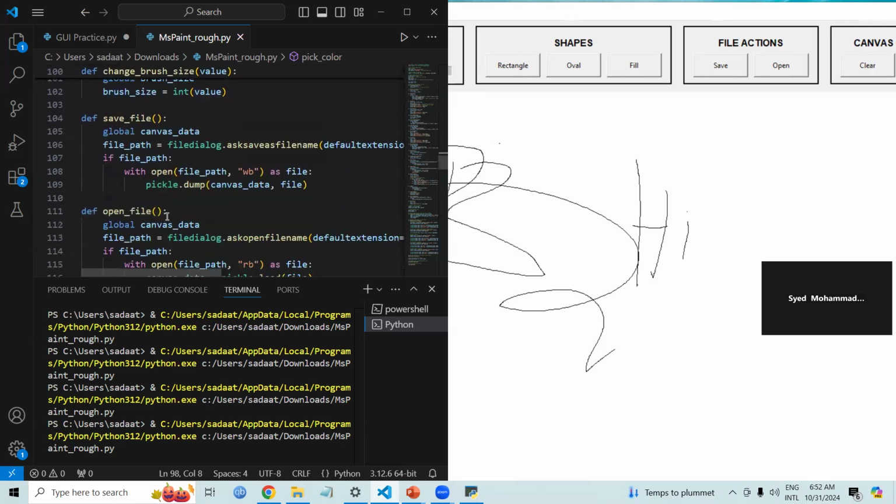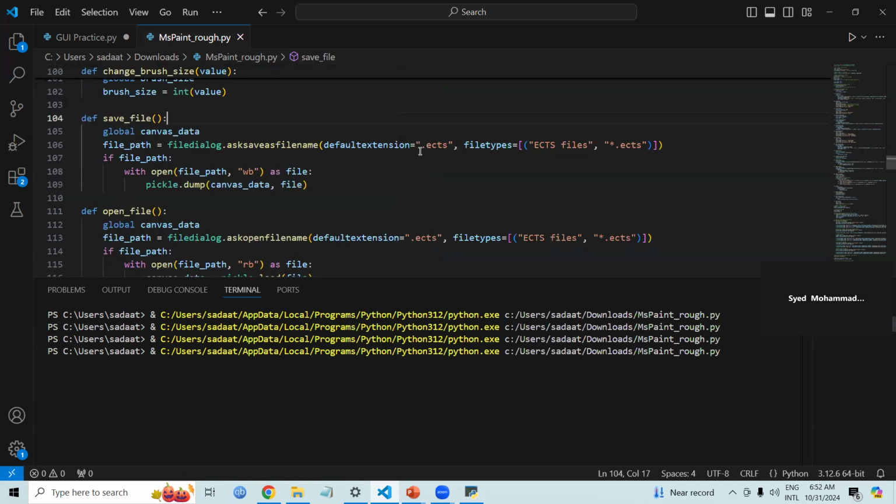And this is the save file and open file functions over here. We've called upon the global variable canvas data so that it can be used inside the function. Then call upon file name, set the default extension over here to be ECTS in the file tab, ECTS files. So if the file path is true, then it will open the file as a write file, then dump all the canvas. Then using the dump function in